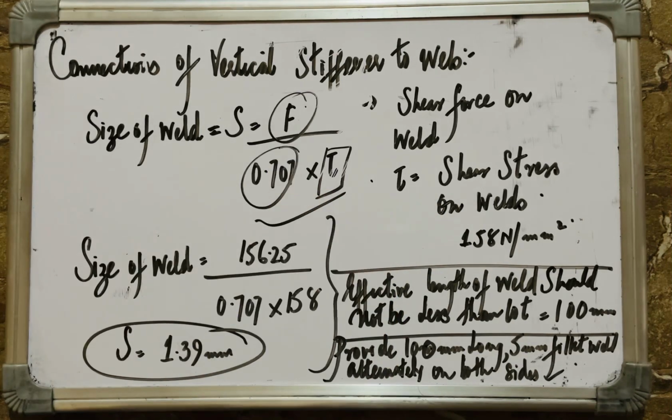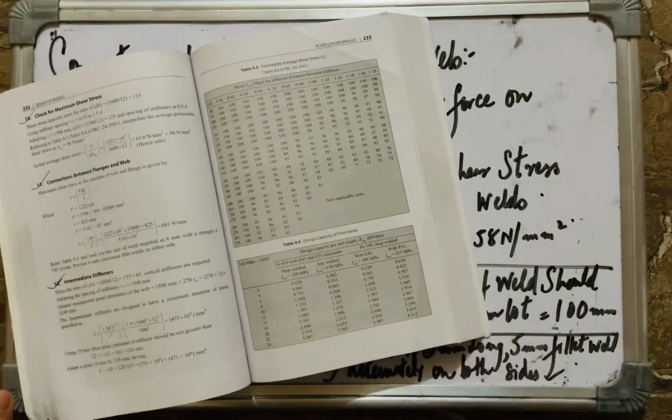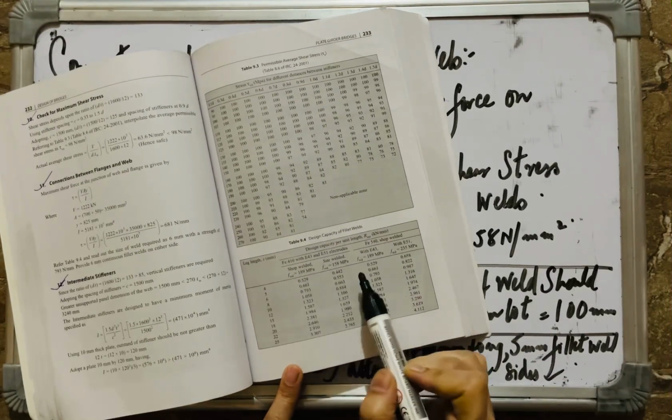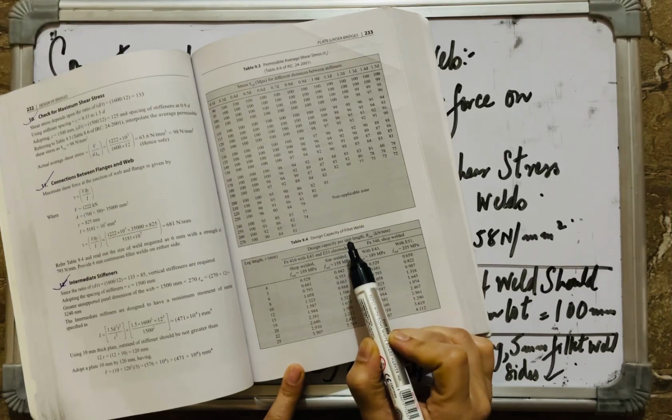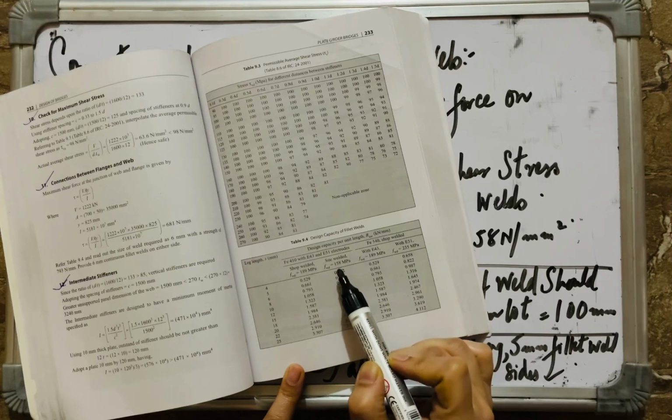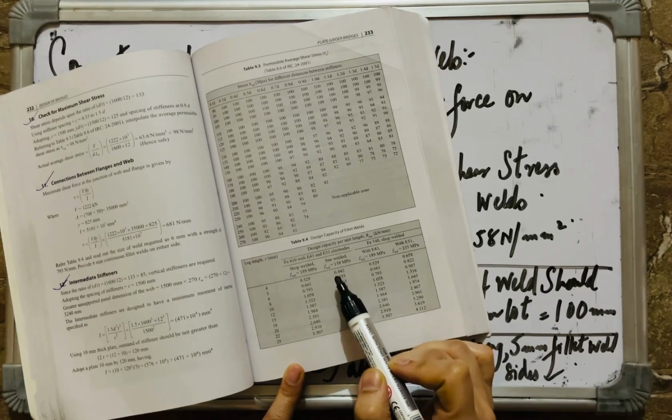where F is the shear force on the weld, which we calculated by the formula 125 T square by H, right? And this tau is the shear stress on the welds, all right? And we have different categories over here in this table, which gives us the design capacity of fillet welds, and we use the side welded one having the shear stress of